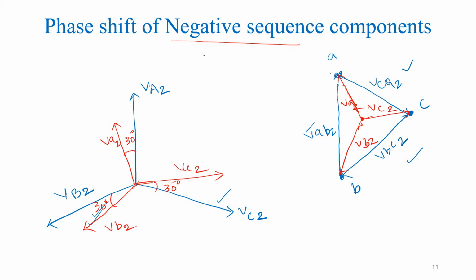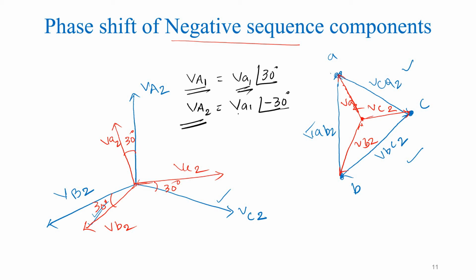Therefore, we can conclude here the HV winding quantities with respect to the positive sequence will lead the LV quantities by 30 degrees, and in the negative sequence, the HV winding quantities lag the LV winding quantities by 30 degrees. But we need to represent the phase shift with respect to the line voltages, not with respect to the phase voltages. If you look at here, this is the phase quantity, means obviously we will consider the LV side also as a phase quantity. But we need to represent in terms of the rated line voltages.